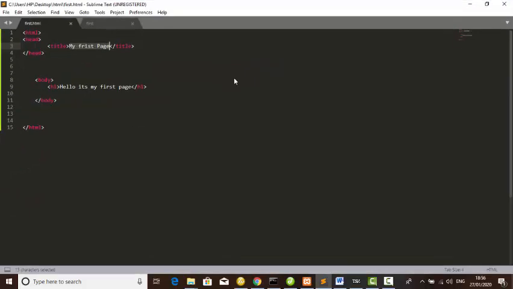HTML is made up of tags. Now, what are tags? Tags are simply the same way words are to the English language. That's the way tags are to HTML language. In other words, tags are like words spoken to the browser. And so, every tag,